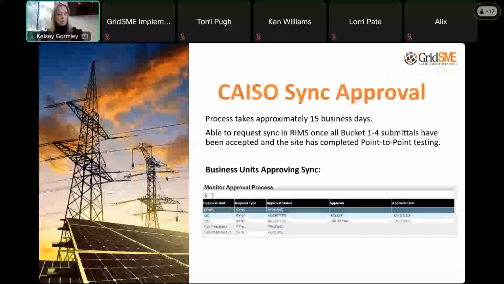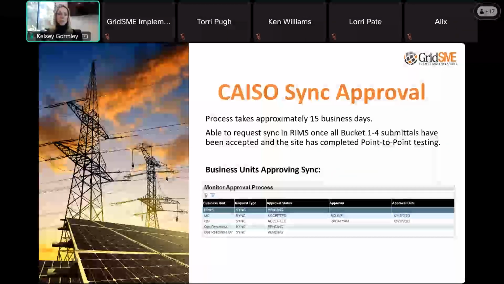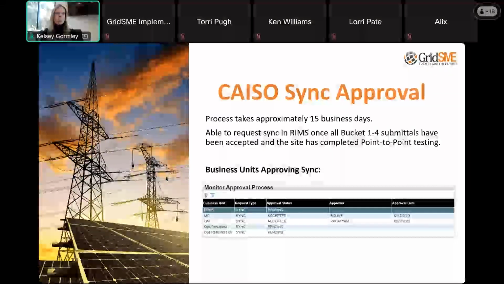Okay, so again, just a quick reorientation to where we are in the process. So we've gone through the CAISO sync approval process by this point. What that means is, as far as CAISO is concerned, we are in what is called sync OK status with CAISO. Now, just getting to sync OK status does not mean that you're automatically allowed to just start putting electricity on the grid to start commissioning your project. There's a process that needs to be followed that heavily involves your scheduling coordinator. So we'll talk about what that process looks like.